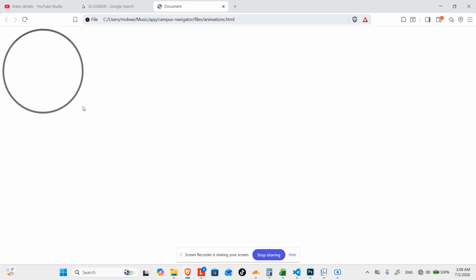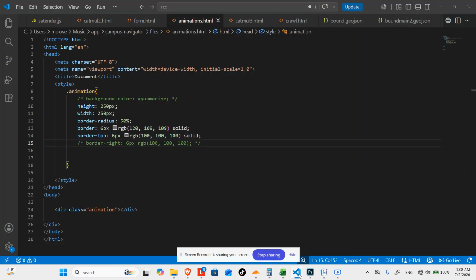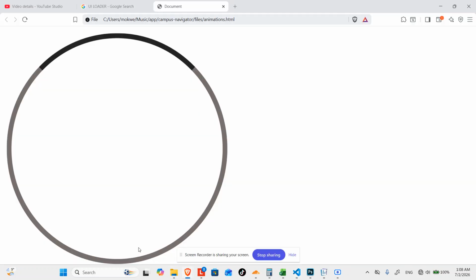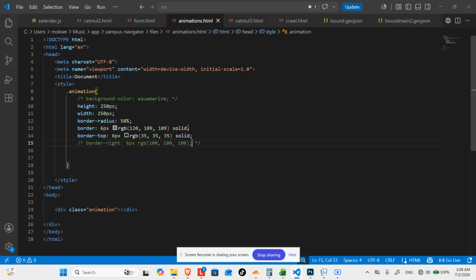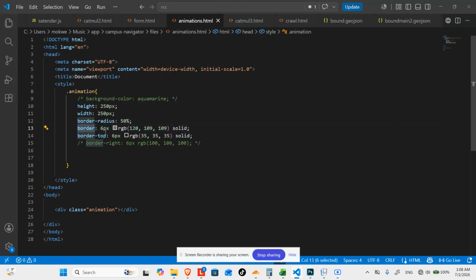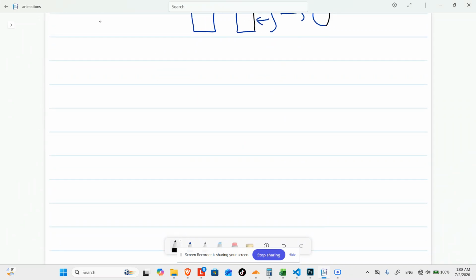Okay, you see, do you see the top side, this one, the border top is darker. Let me make it a little bit darker like this so that we can see it. Okay, now you see it, right? So when we missed the solid part, or maybe the border style, remember that it wants what, I said that, remember when I said